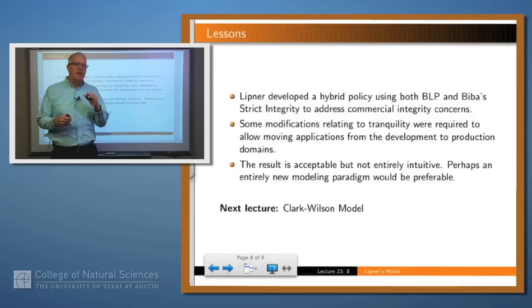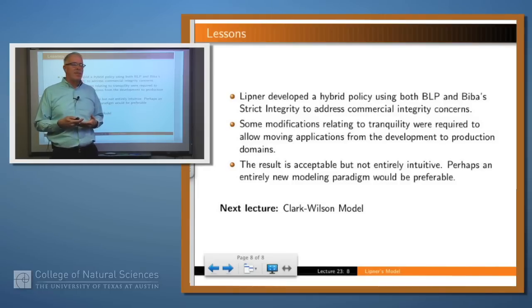Lipner worked pretty hard to figure out whether he could use Biba and Bell-LaPadula to come up with a policy that was rich enough and reasonable enough within this sort of environment, and he sort of did.